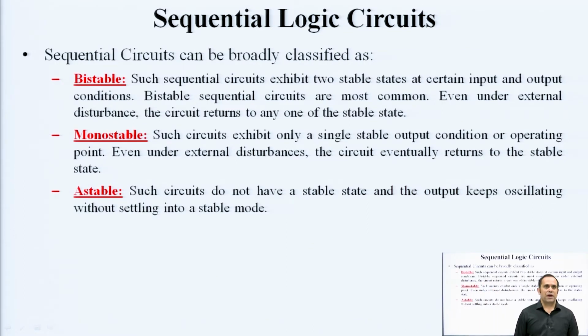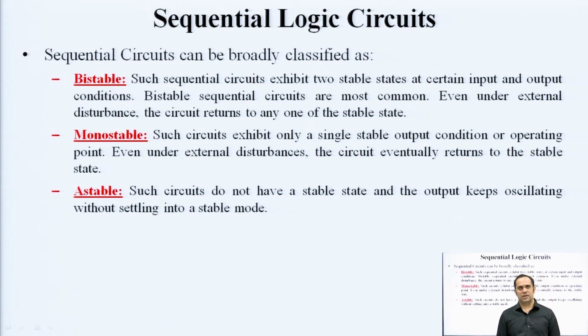So, bistable sequential circuits, as the name suggests, are those circuits which are stable at two different values. Since we are talking about digital circuits, the broader category of our analysis is digital VLSI design only. The two states we are talking about are logic 0 or low state and logic 1 or high state. A circuit which gives you 0 as output and that output is stable,